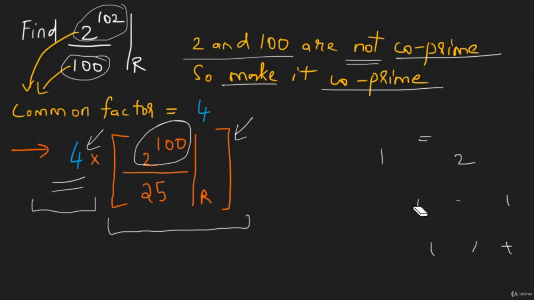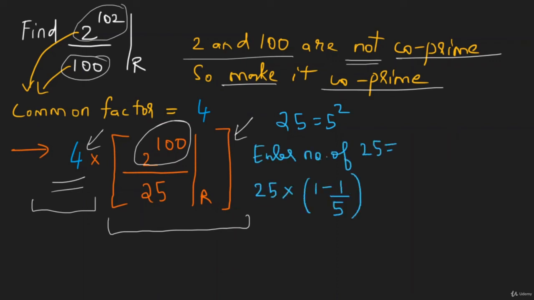Alright, over here you can see that the denominator you have is 25, right? What's the prime factorization of 25? 25 is equal to 5 square. Alright, therefore let's find the Euler number of 25. The Euler number of 25 would be 25 into 1 minus 1 by 5. That's 25 into 4 by 5, or you get your Euler number as 20. Alright, that means if I have 2 to the power 20 divided by 25, the remainder is equal to 1